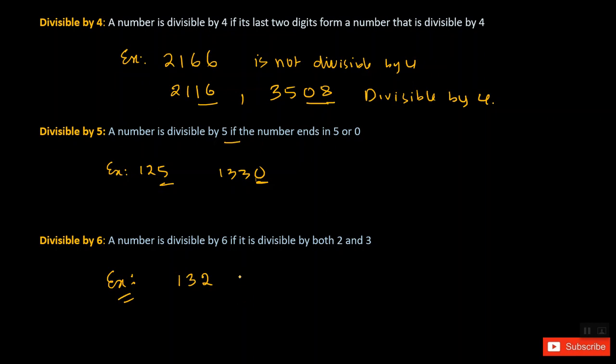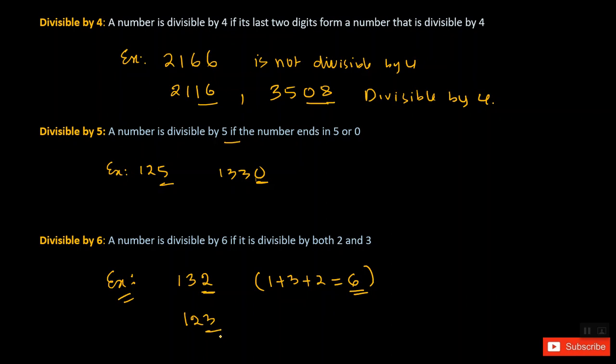132, isn't it? Let's see 132. As the number is ending with 2, it is divisible by 2. Then how do we check now for 3? 1 plus 3 plus 2, the entire result is going to be 6. As the number is ending with 2 and the sum is 6, I can say 132 is divisible by 6. Let's take another example, 123. As the last digit is not a multiple of 2, even though this is divisible by 3, it is not divisible by 2.